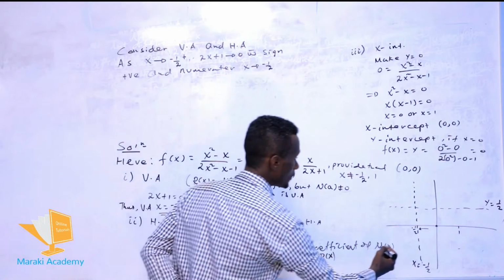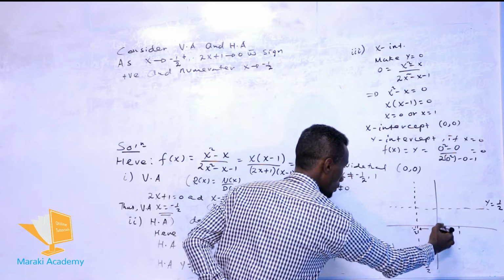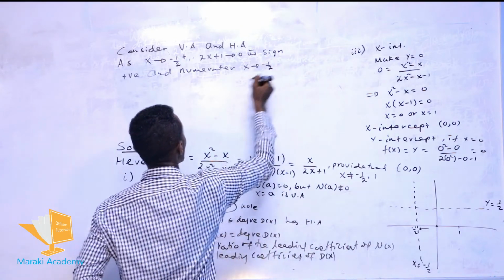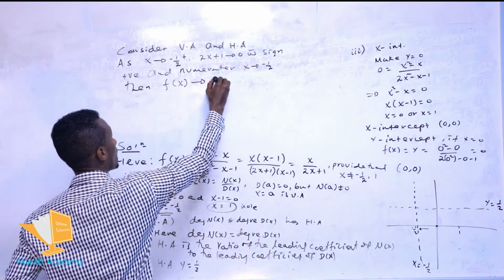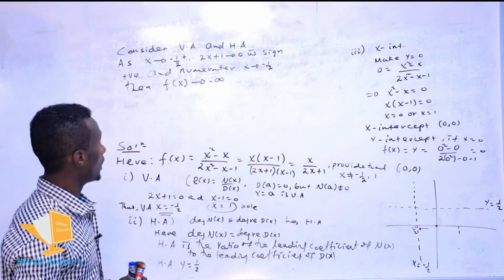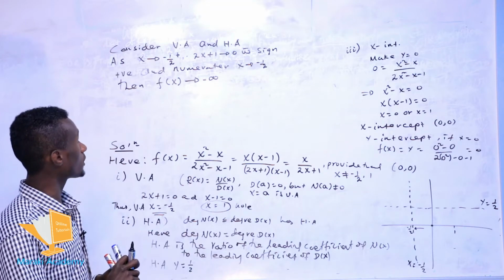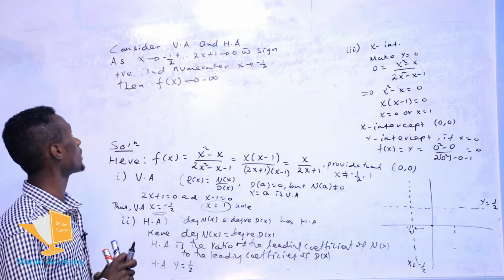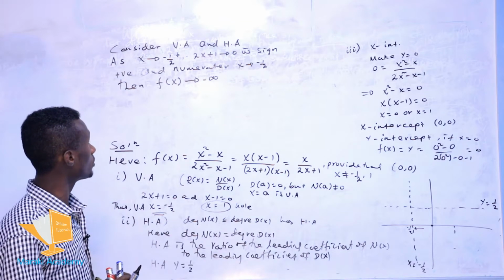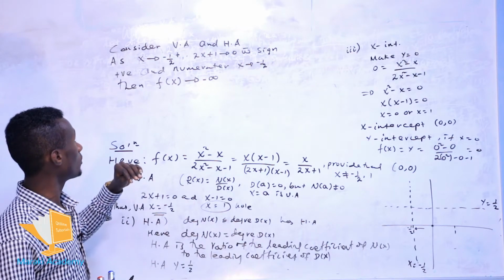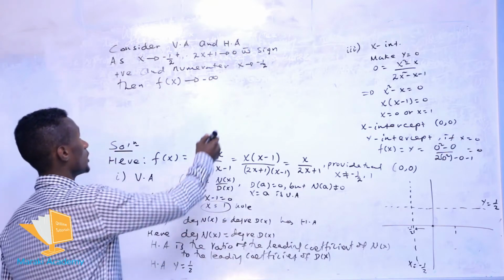So as x is approach to -1/2 from the right, the direction of x is the direction of the given function. That is, then we can conclude that the given function f of x goes to negative infinity direction. ለምንድን ነው x is approach to -1/2 on the right side? The denominator 2x plus 1 is approach to 0 with the sign of positive, and the numerator goes to -1/2. ስለዚህ ኑሜሬተራችን ኔጌቲቭ ሳይን አለው፣ ዲኖሚኔተራችን ፖዚቲቭ ሳይን አለው። ነገር ዲኖሚኔተሩ 0 ስለሚሆን the function goes to negative infinity ነው።